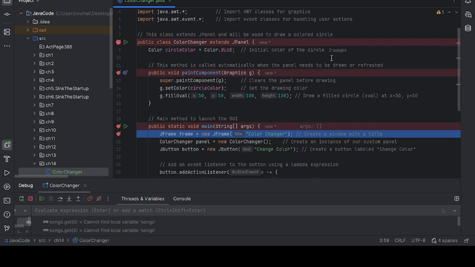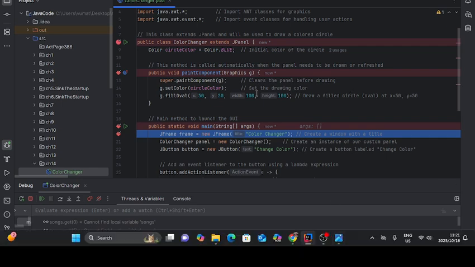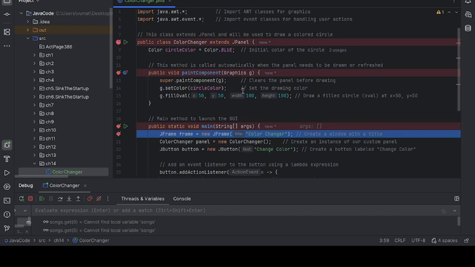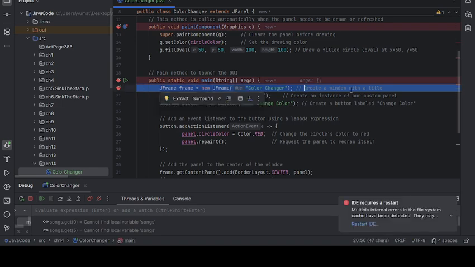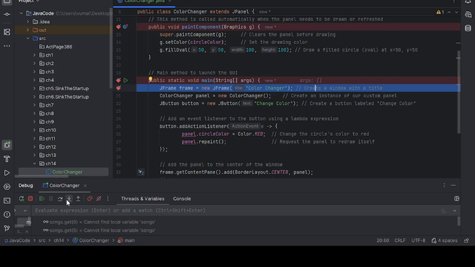Cool. So this is my ColorChanger class. This is going to handle all the creation of the user interface and how the color of that circle changes when we click the button. So firstly, we're here at this object. With this object, we're creating a frame window with a title that we pass here as an argument. Cool. I'm going to step over,